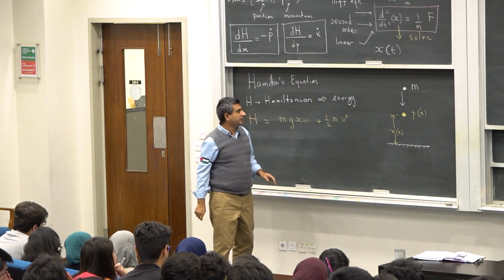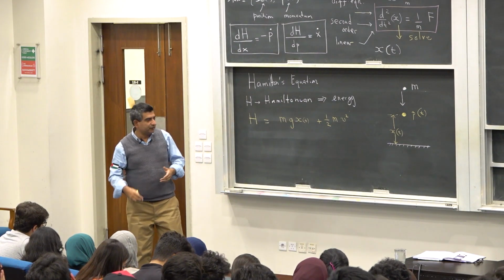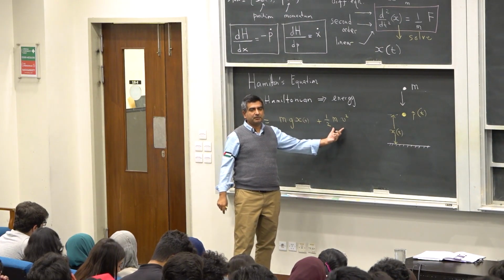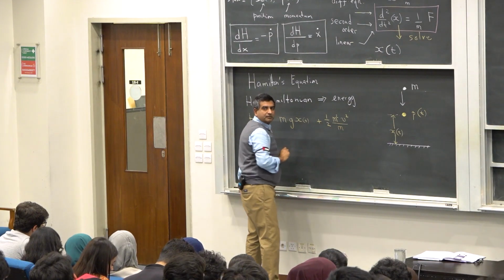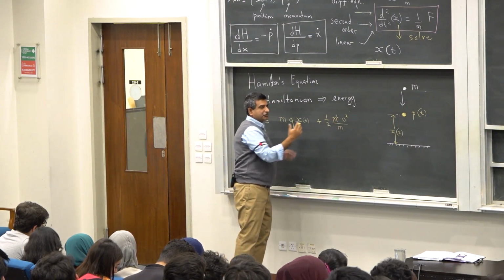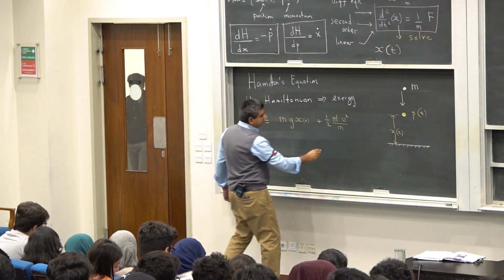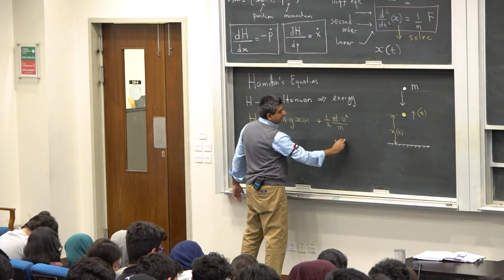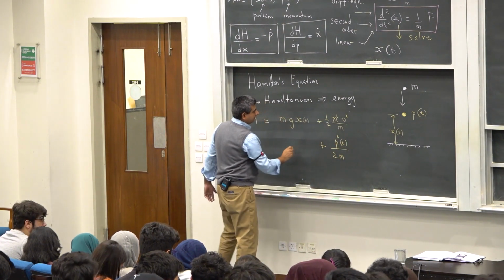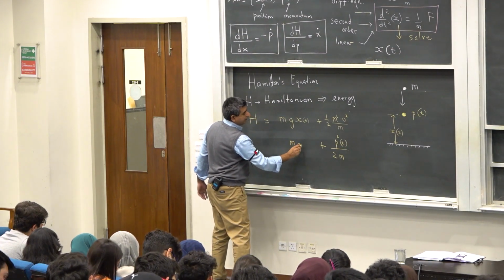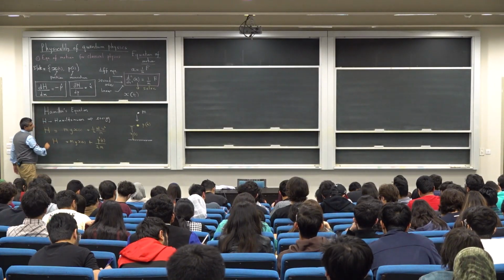Now what we would like to do, I have a term that includes the position. I need a term that includes the momentum. So can I write this in terms of the momentum? So I put square here, divide by m. So this is the square of the momentum. mv is the momentum of this object. So this becomes p squared over 2m, so this is the energy of the system.